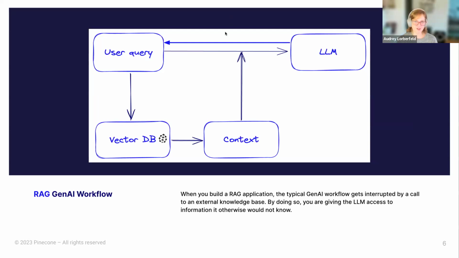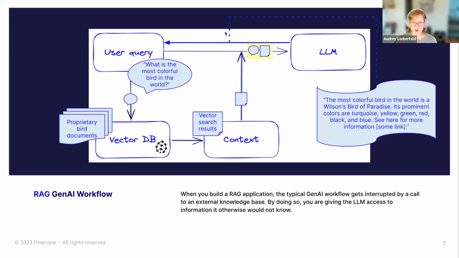But when we get into RAG, so retrieval augmented generation, the retrieval augmentation part is what you see on the bottom. And that's where instead of sending the user query directly to the LLM, we augment the user query with context or search results retrieved from a vector database. So if we build this up to our concrete example, so we again ask what is the most colorful bird in the world, and let's pretend in our fake universe that we have some proprietary bird documents in our vector database. So we would send that user query to the vector database, get the vector answers,